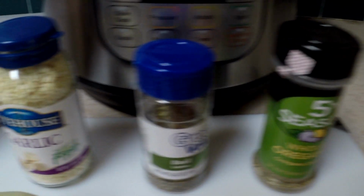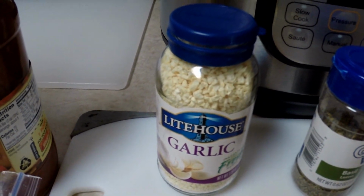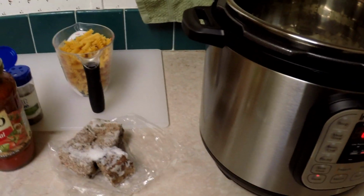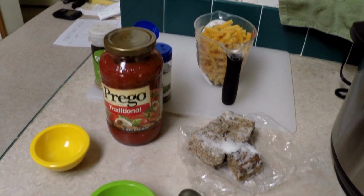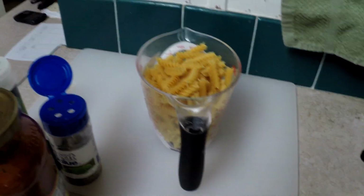Oregano I like to put in, basil, and some garlic I'm trying out. It's freeze-dried garlic. I'm going to see what happens. Okay, I have my ingredients out. You don't have to memorize these because I will put them in the video. I'll list them. I have the green pepper out ready, the tomato chopped up, 2 cups of pasta ready, and